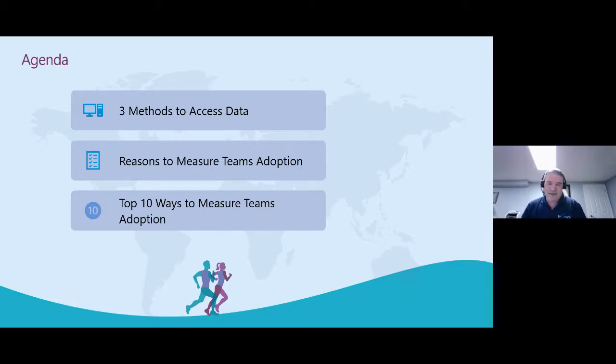Oftentimes people will dive in and start ripping out data without really having a purpose in mind as to what to use that data for. How you structure the data is really going to depend on some of the questions that you want to answer. And so the third component would be, which questions do you want to answer?